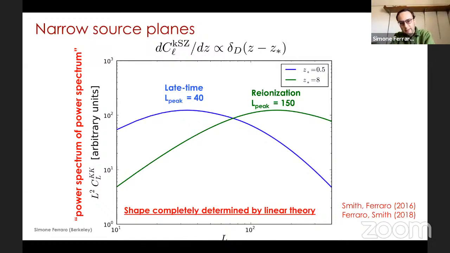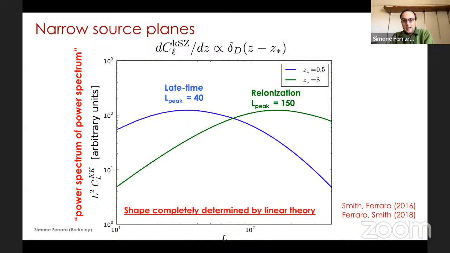Okay, because this is simply because of the very different distance from the galaxies that are the source of KZ or reionization. But the really cool thing is that the amplitude, the astrophysics, has now gone completely into the amplitude of this curve, because the shape is completely determined by the velocity correlation function, for which, both at late time and reionization, linear theory is a very good approximation. So the shape of this curve, we know there's very little uncertainty. We know it to percent level if we assume lambda CDM cosmology.